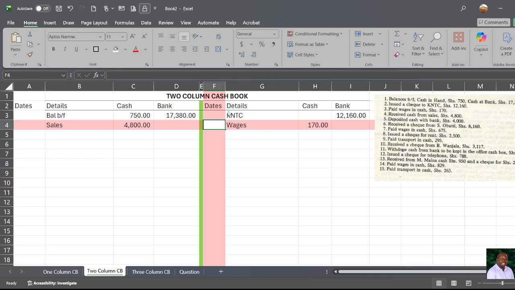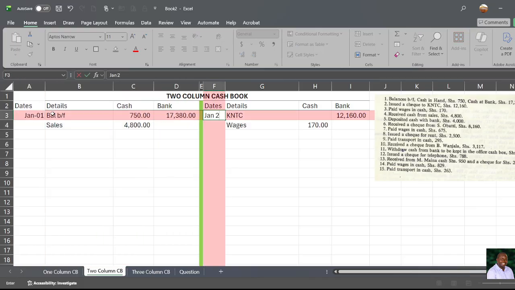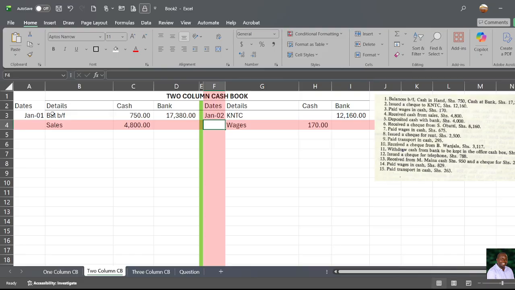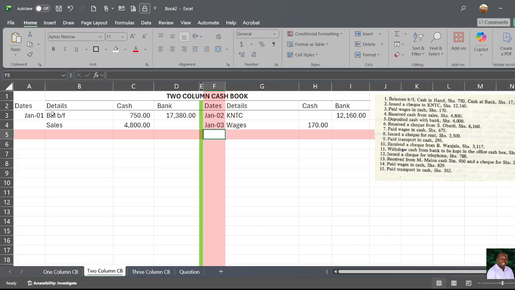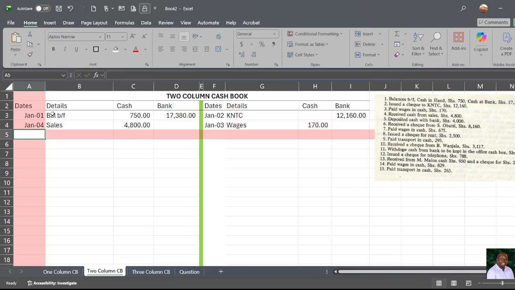So the first one should have been January 1st. Then on the KMTC one, where he paid, that should have been January 2nd. Then the other one, we paid wages, January 3rd. Then January 4th, he received cash from sales. So on the 5th, we are told he deposited cash with the bank. So on that 5th of January,